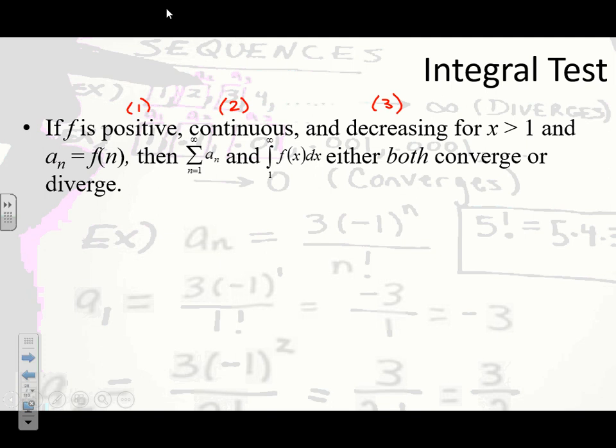So basically, in a problem like this, when we're given the series, we would start by equating our sequence to a function. And what we would do is we would evaluate whether the function is positive on its domain, continuous on its domain, and decreasing on its domain. Once those three things are met, then we can apply the integral test, which says, rather than looking at it as the sum of all the individual values within the sequence, we're going to integrate f of x from 1